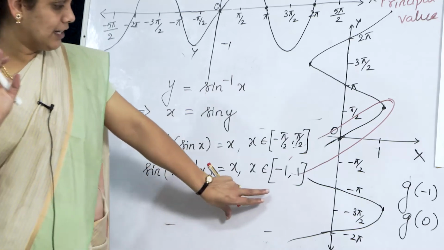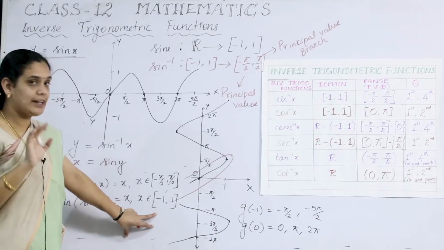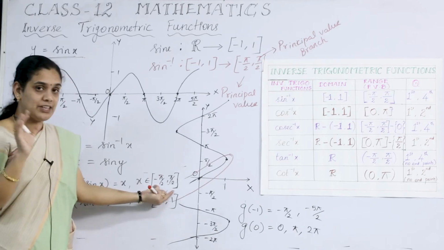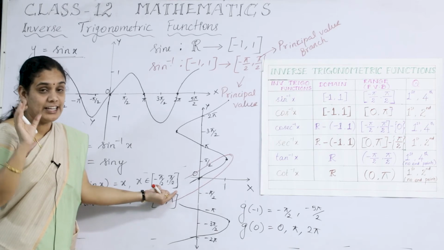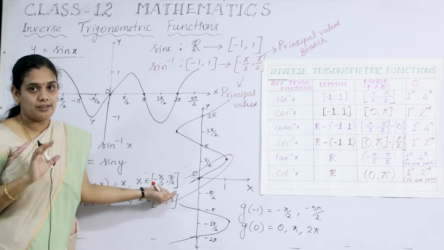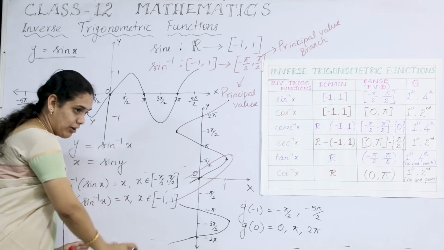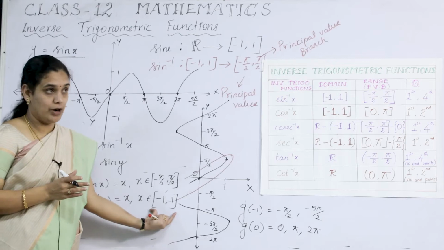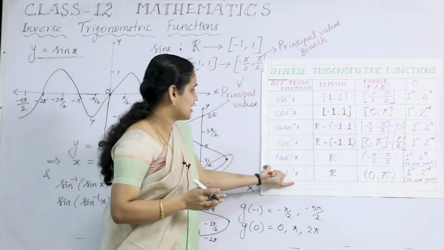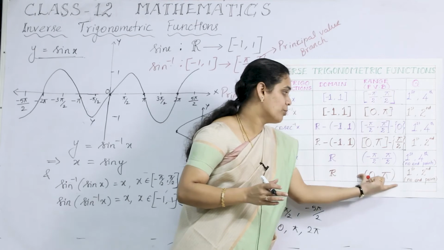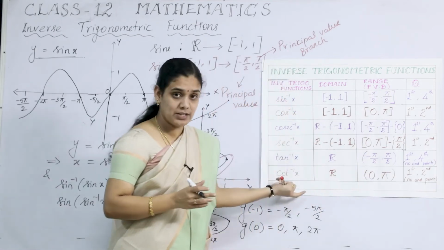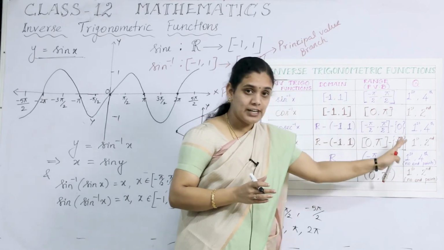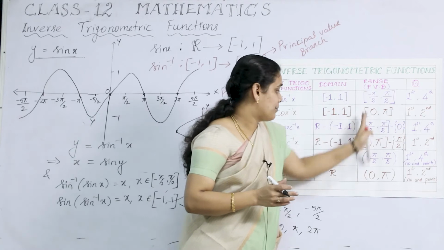The common mistake the students make is they never care about the interval given in the questions. In most of the questions you will see some intervals given, but we never care. We just omit that, calculate and get the answer. Sometimes it goes wrong. We have to check whether our value belongs to that interval or not. And here, if you look at this tabular column, these are called the principal value branch. The value of these inverse trigonometric functions should be lying in this interval only. If it is out of it, it is not an answer. Alright, please keep it in mind.